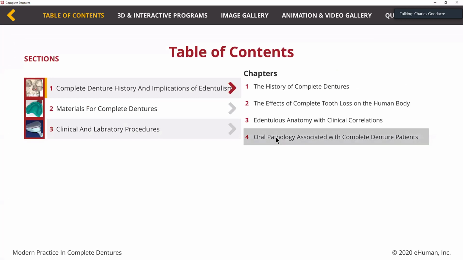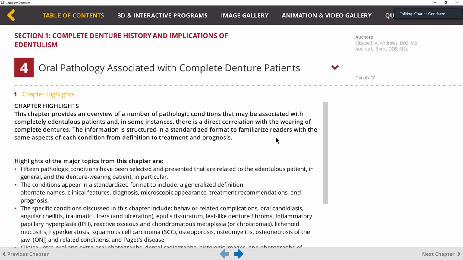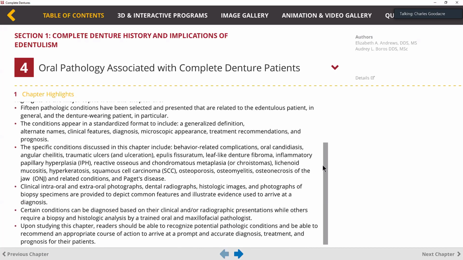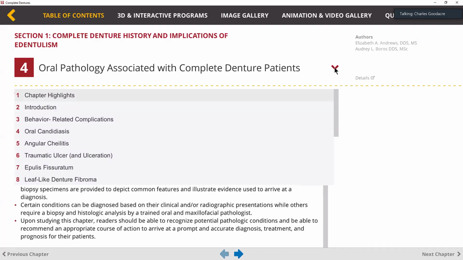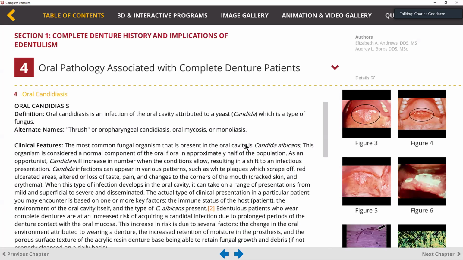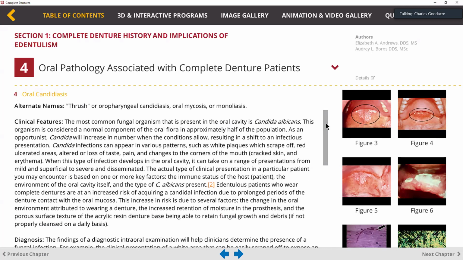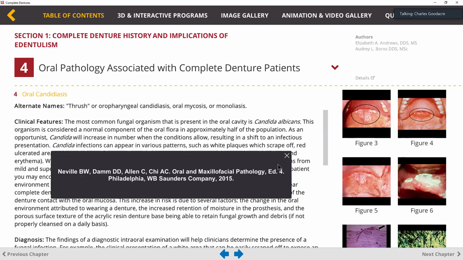I want to show the oral pathology because Dr. Andrews and Boros did a beautiful job here of putting together something that I have not seen in a condensed form relating to the pathology that would be associated with a complete denture patient. So in here, you can see behavior-related complications, and then it goes through a series of specific things, starting off with candidiasis. And the way each one of these sections is laid out, there's a definition, there's some alternate names, and then there's all the clinical features that would be part of this, along with references as to where the